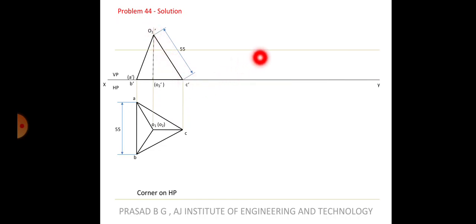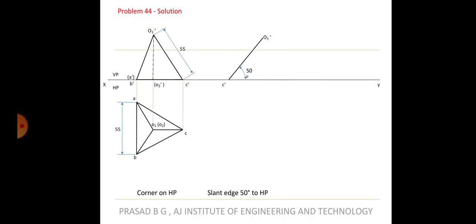This is inclined at 50 degrees to HP, as given in the question. That is O1 dash C dash. That is the condition given. It is not given that the axis is inclined at 50 degrees. It is very clearly stated in the question that it is the edge containing the corner on which it is resting. It is resting on the corner C dash. The edge containing the corner C dash is O1 dash C dash, so O1 dash C dash has to be inclined at 50 degrees.